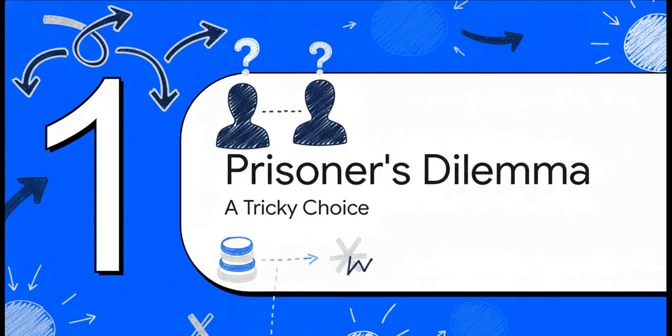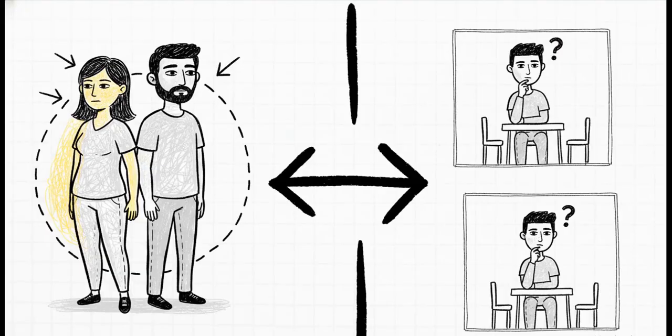All right, to really wrap our heads around this, we're going to look at probably the most famous example in all of game theory. It's called the prisoner's dilemma. So, meet Wanda and Fred. They're partners in crime, but they just got caught. The cops have them dead to rights on a minor charge, enough for 2 years in prison. But the DA? Well, the DA wants a bigger conviction. So they put Wanda and Fred in separate rooms and offer each of them a deal.